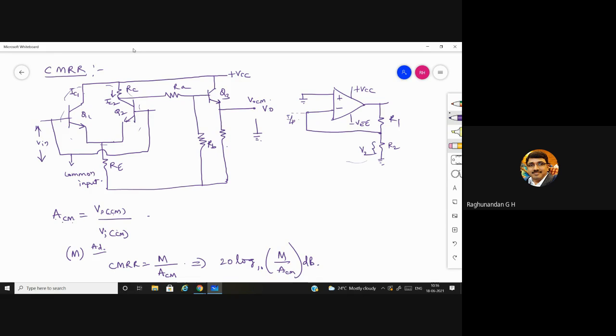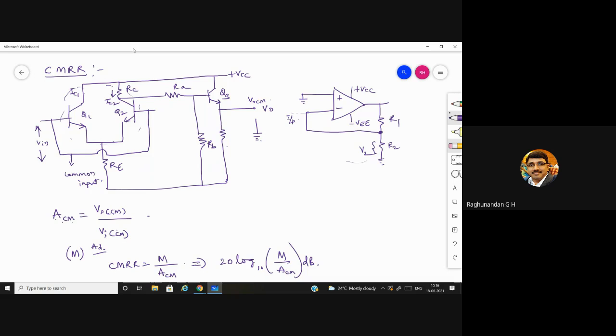So in order to cancel that, we are going to use this voltage divider circuit R1 and R2, and we are going to take feedback from this. Whatever the voltage drop we have across R2, that will be the same voltage across this junction. So that voltage will act as the compensating voltage, which is going to cancel the unwanted voltage which is getting added at the input side.